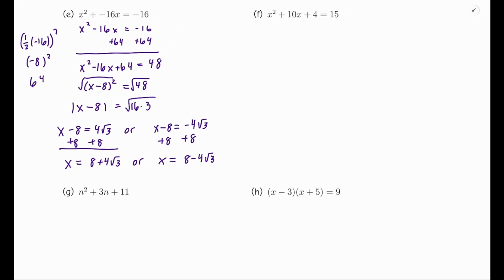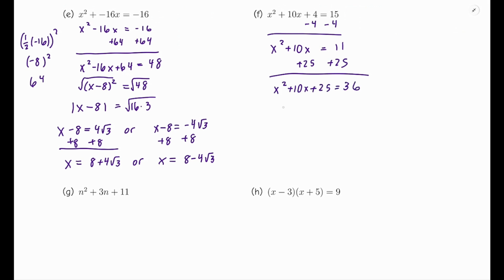Part F, x squared plus 10x plus 4 equals 15. First thing we're going to do before I complete the square, just because that 4 is kind of in the way, is I'm going to subtract it from both sides. So then x squared plus 10x is equal to 11. And then in part B, we already did an x squared plus 10x, so I know I need to add 25 to both sides. So we get x squared plus 10x plus 25 is equal to 36,